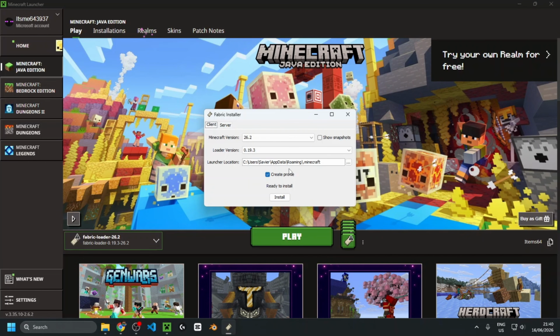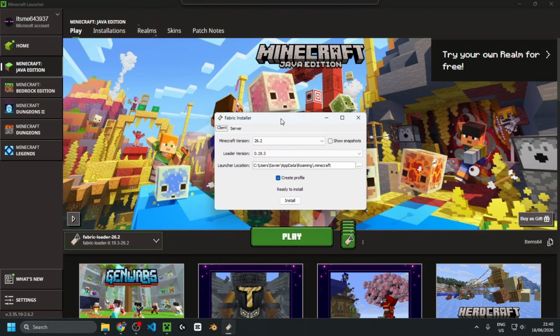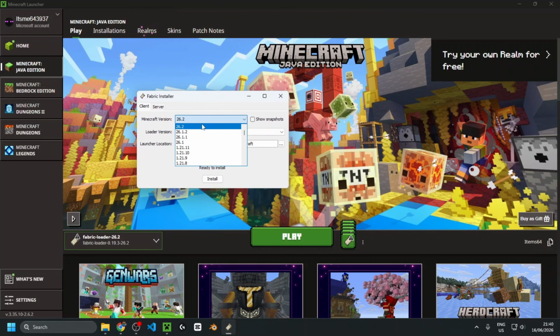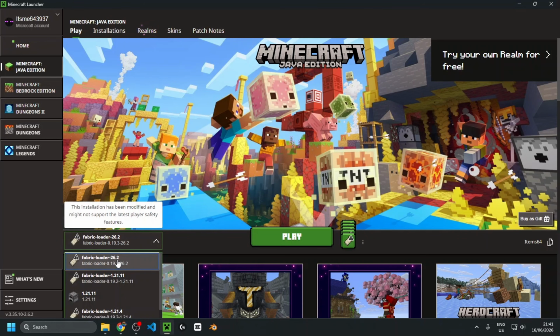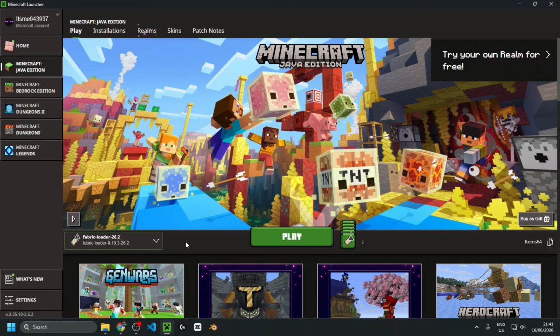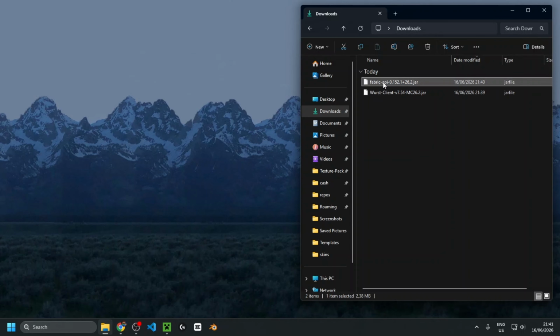Now, judging by the fact that you needed to download the Fabric API, you could probably also guess that you do need to have Fabric installed for Minecraft 26.2. If you don't have that yet, or you're not sure where to get it, I will link it right down in the description below. Now though, I've got the Fabric API as well as Wurst Client right over here in